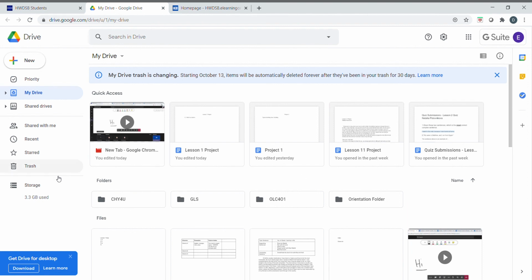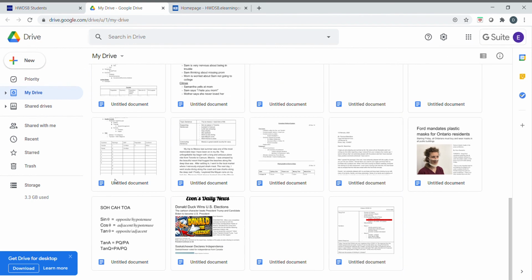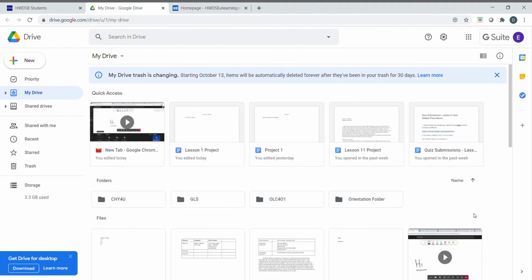This is a very good tool for us to use in order to practice and in order to type all our work. For example, in my drive, I have a lot of different lessons that I've been working on and